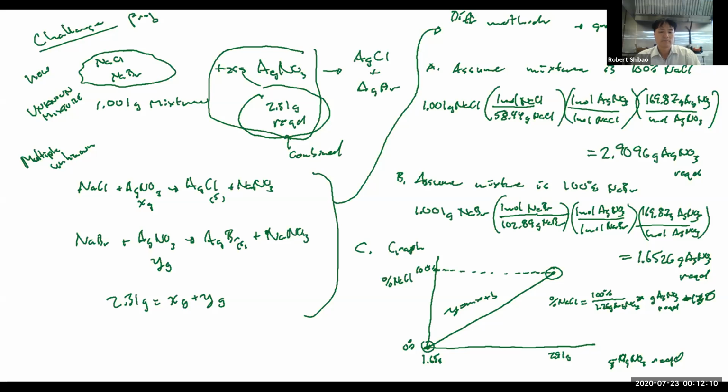And so on the Y, we had percent sodium chloride. On the X, we had 1.65. If we had 1.65, we had 0% sodium chloride. And then if we had 2.91, we had 100% sodium chloride. And so this was the grams of silver nitrate, and this was the percent NaCl. All right, now to graph this, we could just